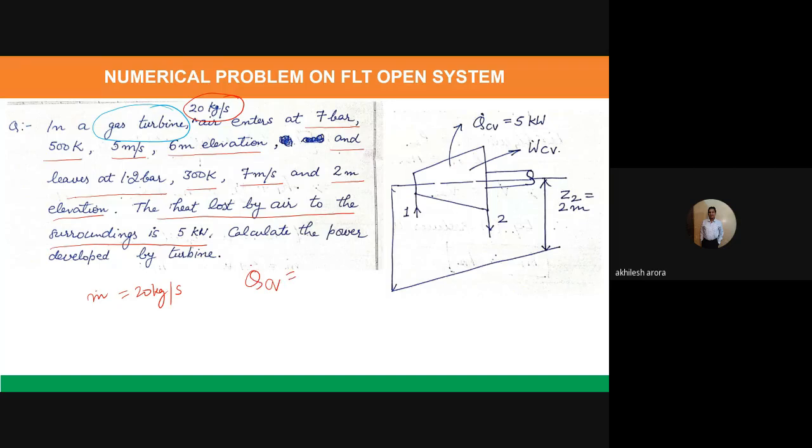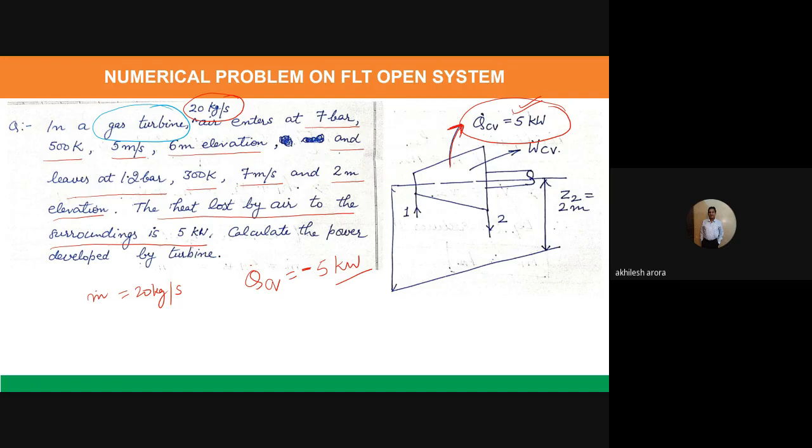It is shown here as minus, which means it is leaving the turbine. So if I am writing 5, it automatically means that it is going out. Here I am just writing 5 kilowatt because I am showing the direction out. When the direction is outside, it means it's negative, so I need not worry about it. Okay, let us see the next slide.